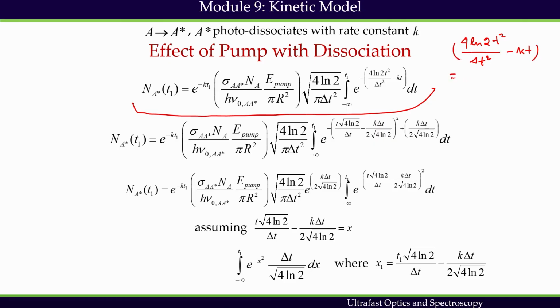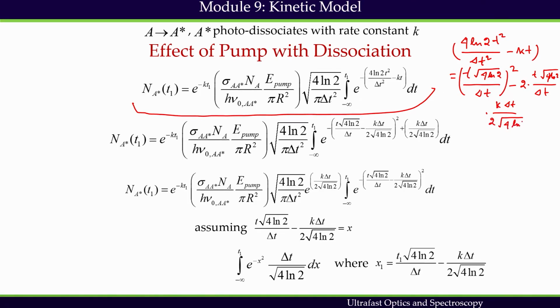This can be written as t square root of 4 ln 2 divided by delta t whole square minus 2 multiplied by t square root of 4 ln 2 divided by delta t multiplied by k delta t divided by 2